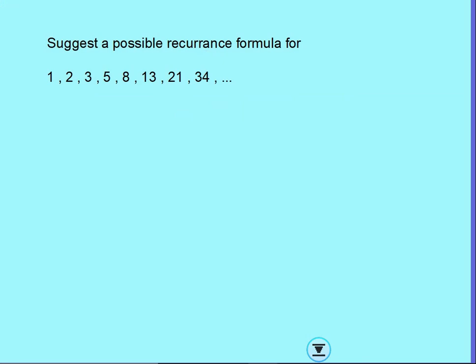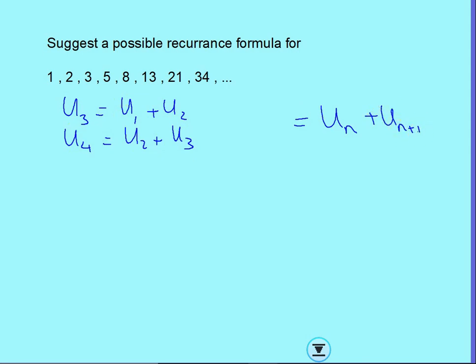So this is a little bit more tricky because you can see to make the third term, so I'm going to write this, U3, the third term is the first term plus the second term, and the fourth term is the second term plus the third term. Hopefully you've seen that. So if we call this one n, or even this one n, it doesn't really matter. So if we call that n, well, the one on the right is 1 more, and the one on the left of the equal sign is 2 more of this value,